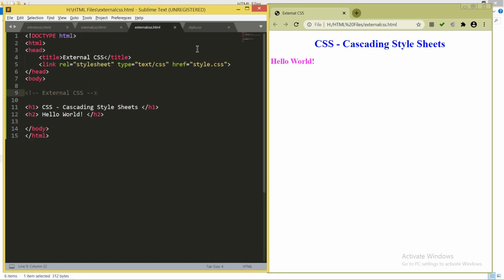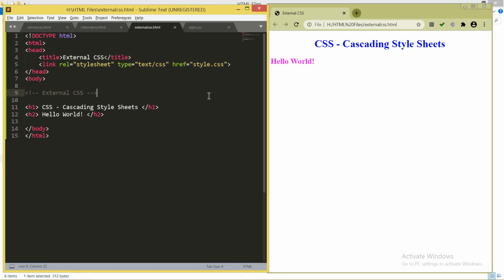What I would like to tell you is that whenever you want to make a website, listen, prefer external CSS always. Why so? Because you know, a website is a combination of multiple web pages. A website can be of 5 pages, 10 web pages, or 20 web pages. It depends on what type of content you are placing on your website. So I told you that whenever you want to make a website, that is a combination of multiple web pages, always prefer external CSS.